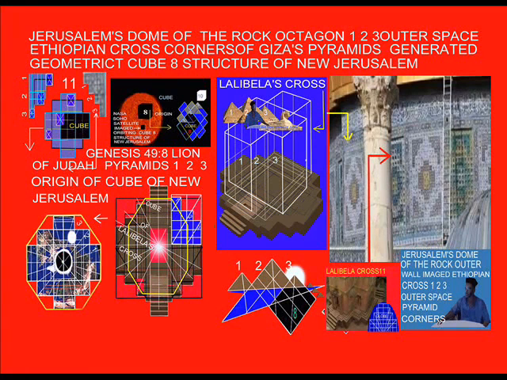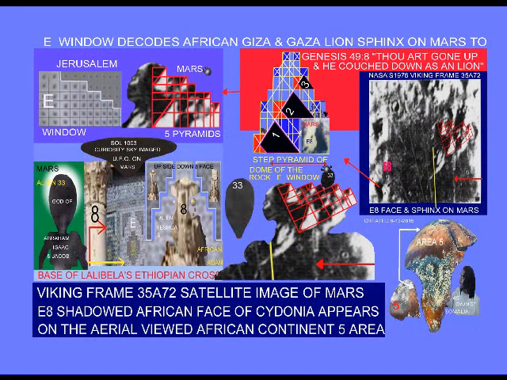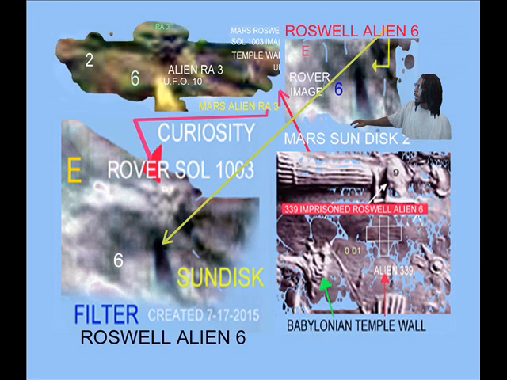The 784 Babylonian step pyramid image in Iraq connects to all the step pyramids on the earth. Now when we talk about the Queen's Chamber wall niche appearing on Mars in the Curiosity rover SOL 103 image, we're looking at an African pyramid on Mars that has an apex, which brings us back to that 50,000 year time cycle. It could be 100,000 years, okay? But when we talk about pyramids that have apexes in Africa to the pyramids that have apexes on Mars, we're talking about the colonization of Earth, of African Adam in the book of Genesis, which brings us back to the